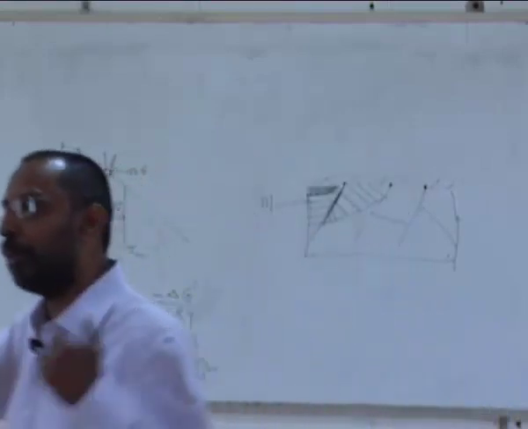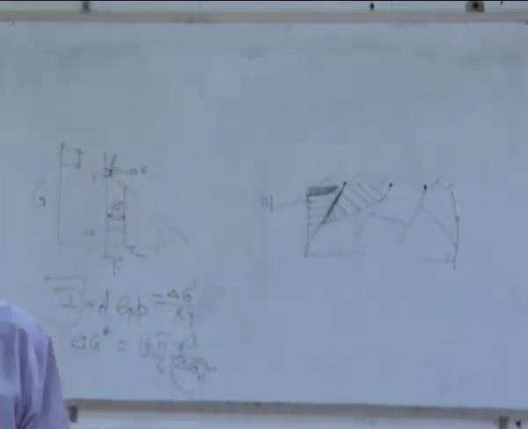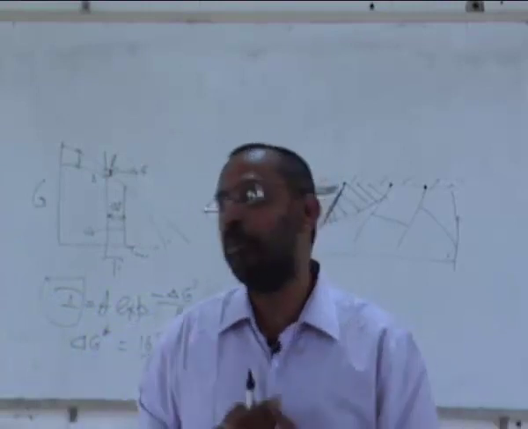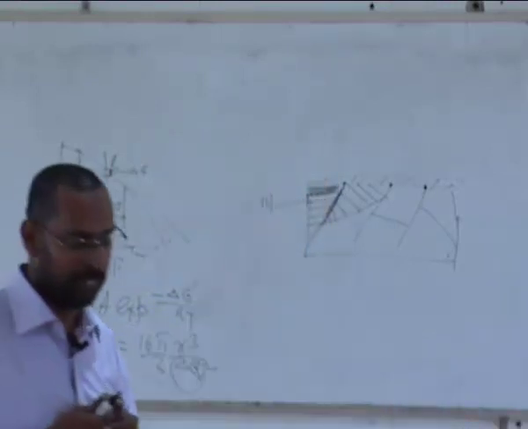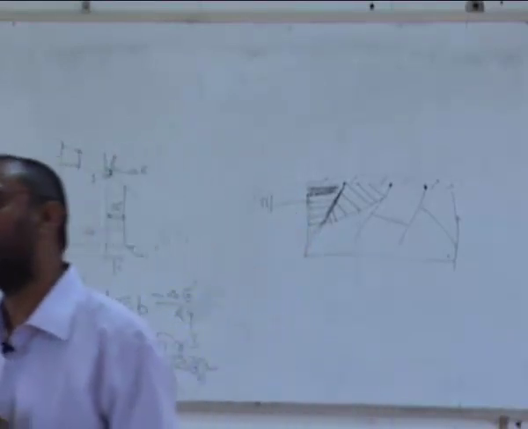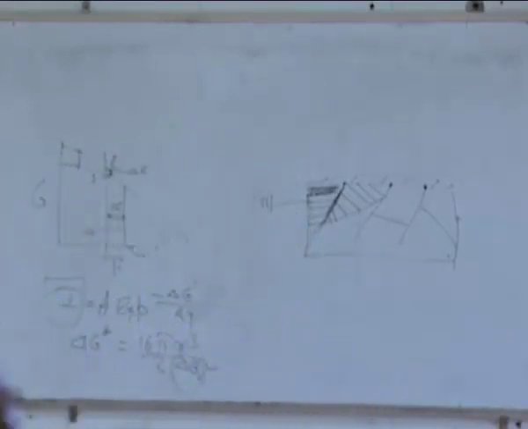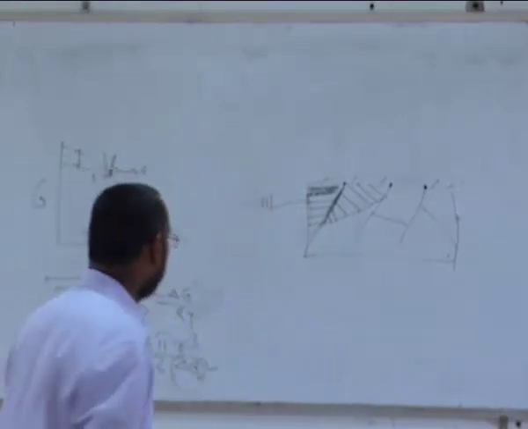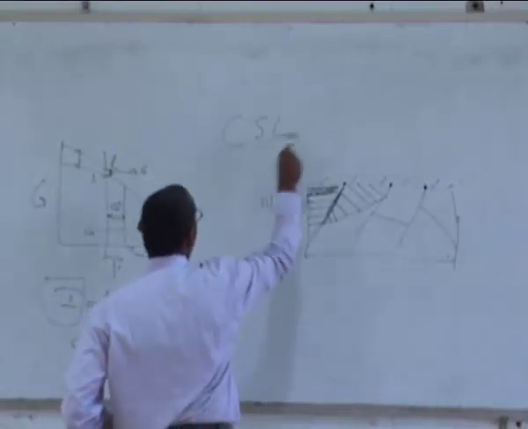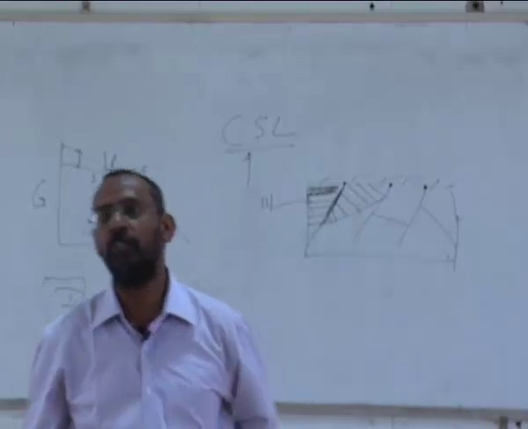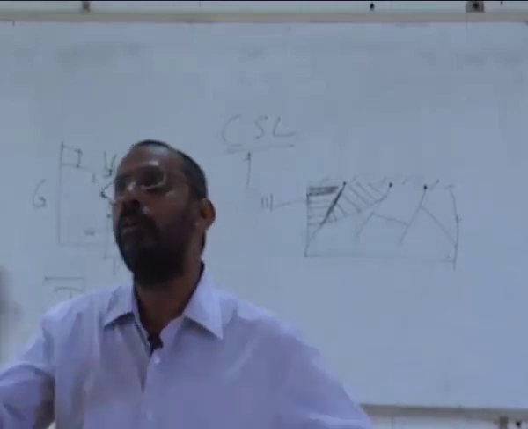Of course, there are so many people who have talked about what is the actual structure of grain boundary. People actually talked about whether we can talk about a certain unit cell inside the grain boundary, including my own professor, Professor Ranganathan from Indian Institute of Science. He has given a new concept called coincident site lattice, which is very popularly used nowadays. He is the first person in this world to have given a new concept called CSL, coincident site lattice, which is used nowadays to understand the grain boundary structure.